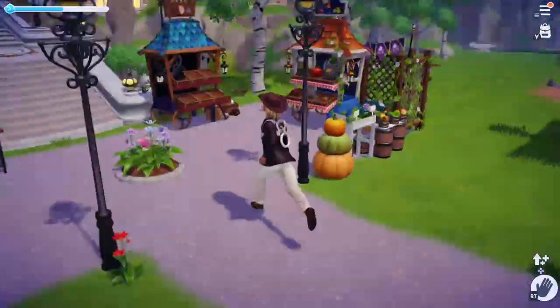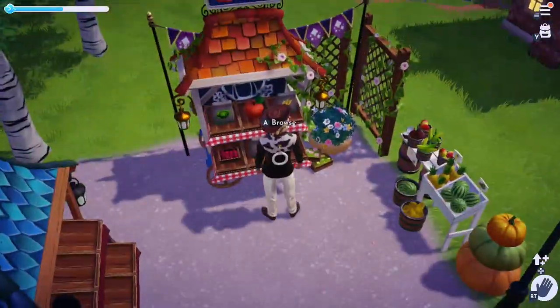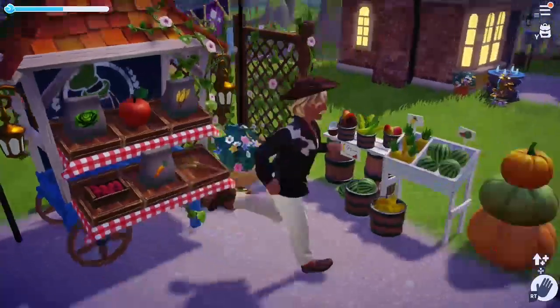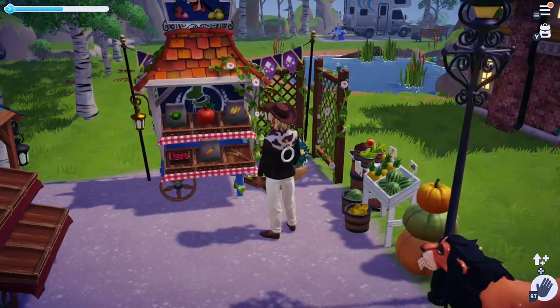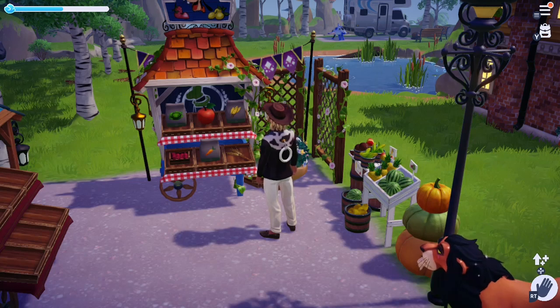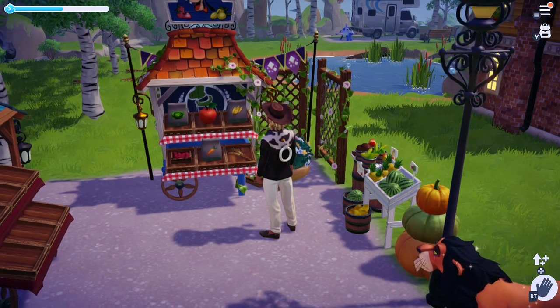So in every biome, minus the plaza, Goofy has a stand, as we all know. Fully upgraded, they will have 6 item slots that rotate between seeds and different plants and vegetables, crops that you can purchase from them. When you first start out, I believe you only start out with 3 slots. So make sure you are upgrading your stand in each biome to get 6 slots,